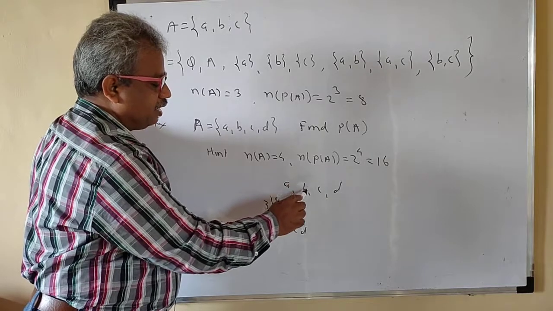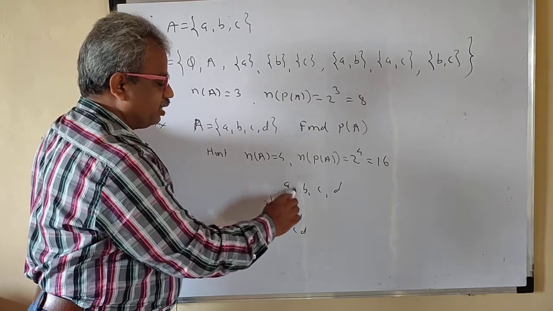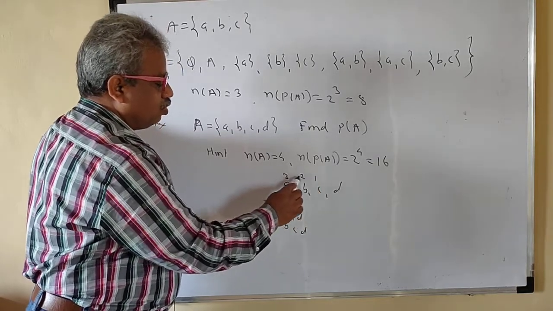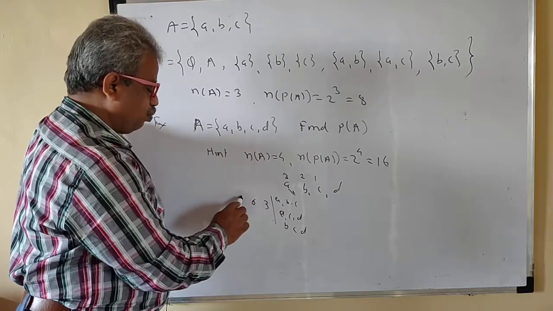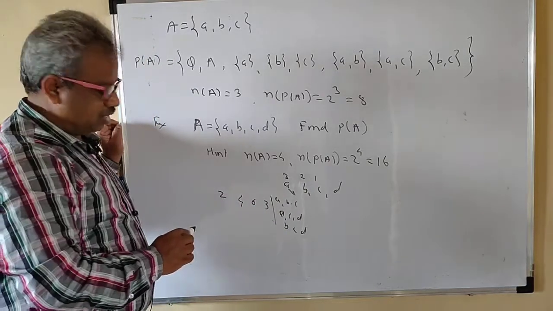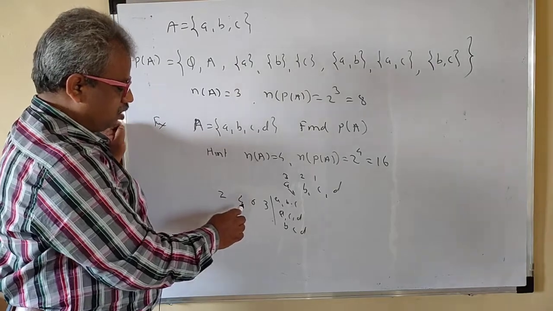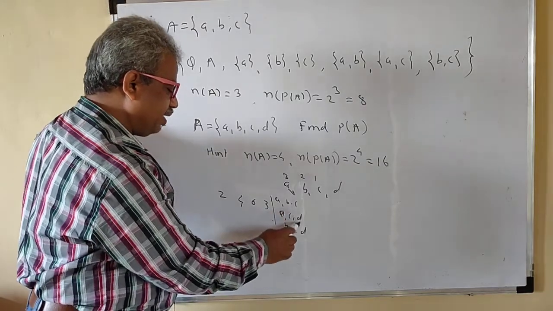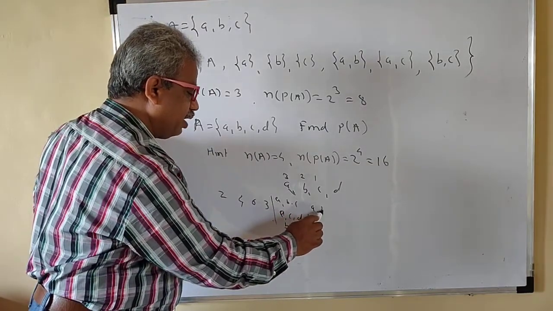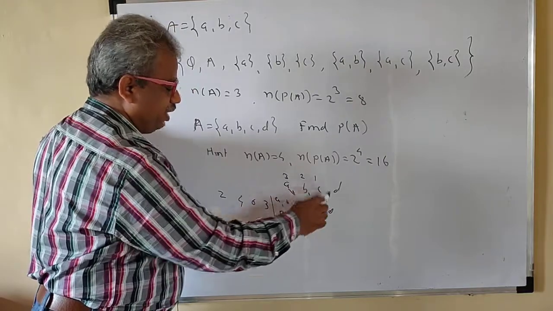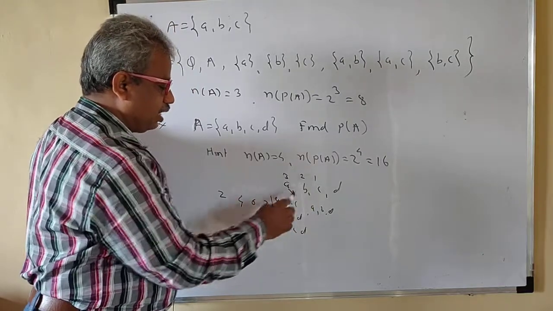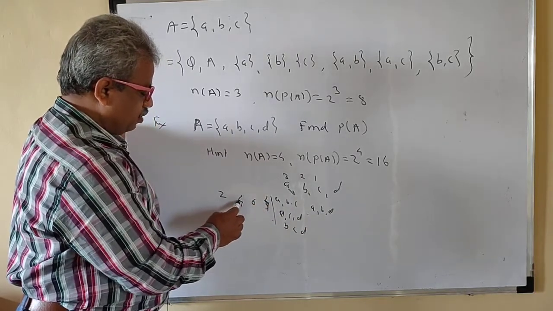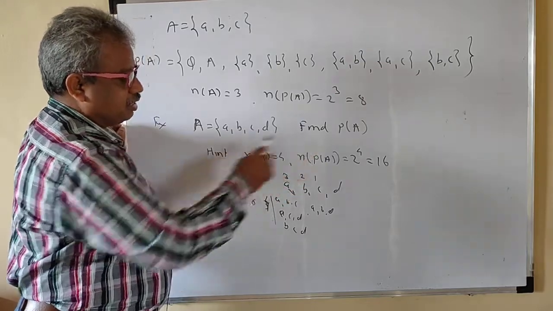The doubleton sets are ab, ac, ad. With the help of a we get 3, for b 2, and for c there is 1. So this is 6. And singletons 4, and these 2 are the first ones. Now see, this is 6 plus the triplets: abc, abd. With the help of a and b there are 2 here. Then acd. So these are the 4. See, this is 10, and 10 plus 6 is 16. So we get 16.